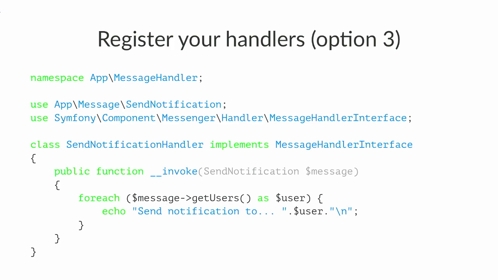It is just a marker for this new stuff that we've called auto configuration that automatically, based on the different interfaces or potentially parent classes, will say, oh, I know that this is this kind of thing, typically the commands, and I will automatically add the symfony.command tag. Same thing happens here. Message handler interface is just a marker. If you just do that, put that somewhere, it will therefore be auto-configured and auto-wired, and you can directly have something that happens when you dispatch the send notification message.